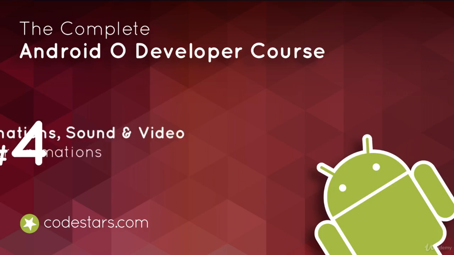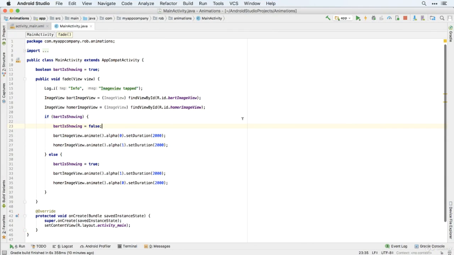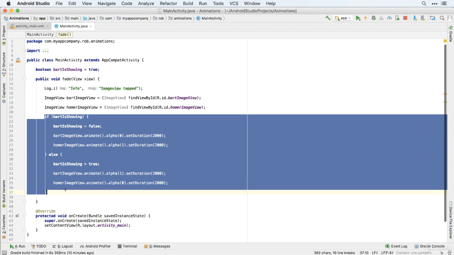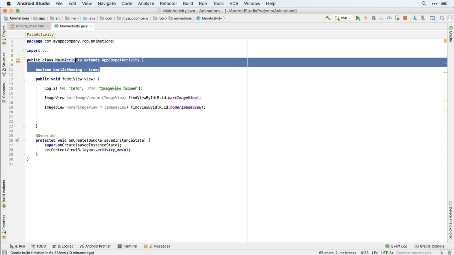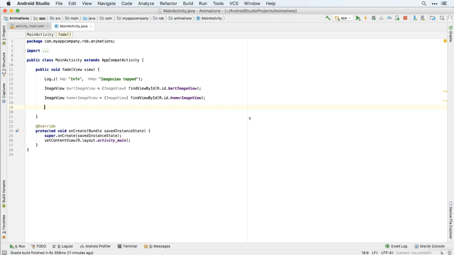So in the previous video, we saw how we can fade images in and out. In this video, we're going to just whip through a number of other animations that we can do, most of which you caught a glimpse of in the previous video. So I'm just going to get rid of the Bart is showing part, because we're going to do all our animations with Bart. And let's start then by taking our Bart image view